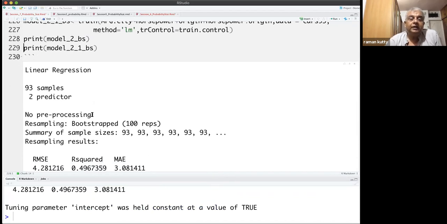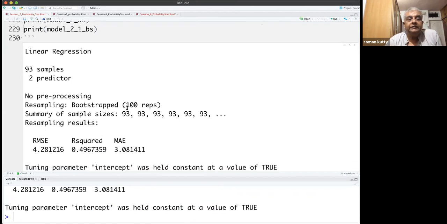Caret also has functions to look at the variables and impute your missing values. I think Dennis demonstrated this earlier, how to pre-process and all that. Here we are not using any pre-processing because our data is like teaching data. There are no missing values. It is perfect data.